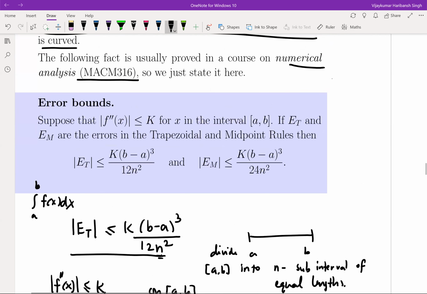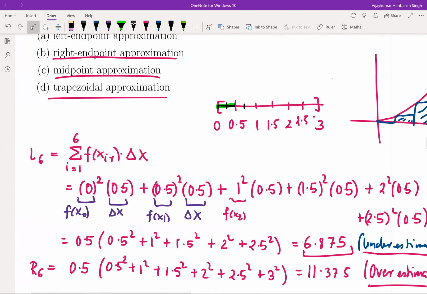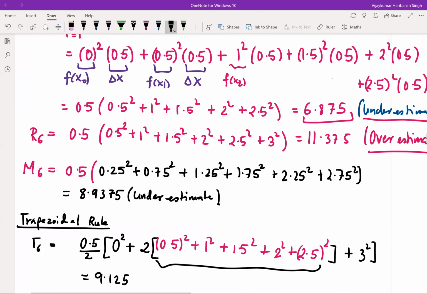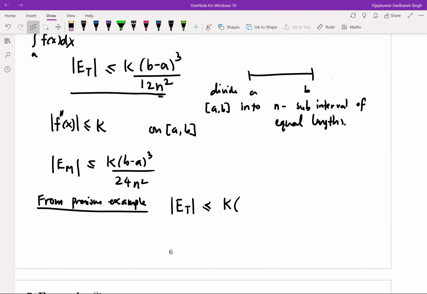B was, A is 0 and B is 3, right? So we get (3 minus 0) cubed divided by 12 times 6 squared, which turns out to be,